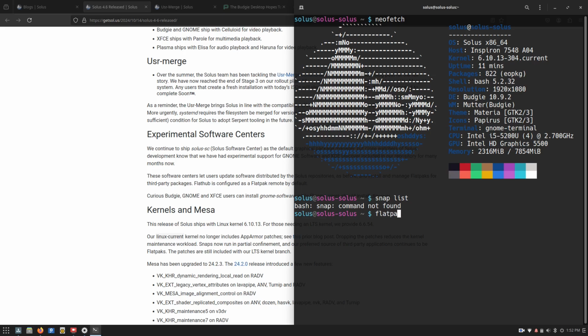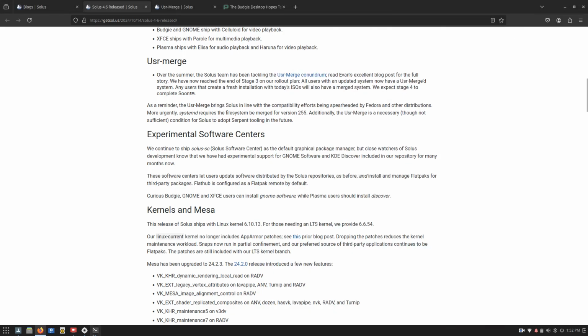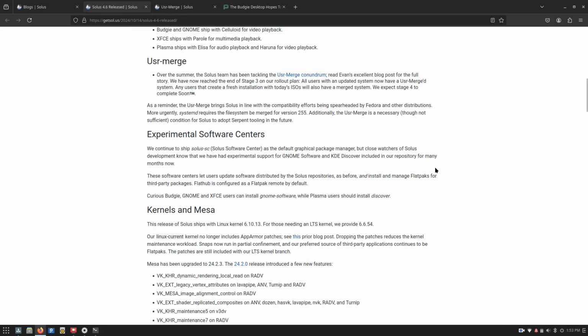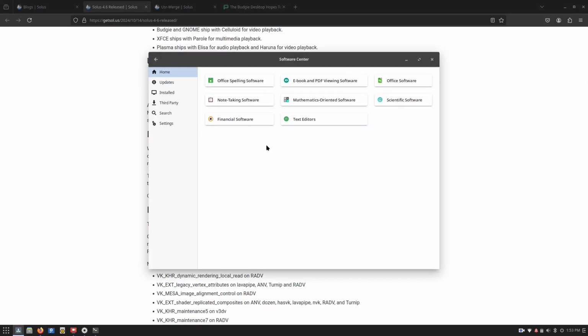But if we do a Flatpak, then Flatpak is installed, but they don't actually have any Flatpaks installed by default. However, if you do flatpak remotes, we do actually have the Flathub system already configured. So if you need to install something from Flathub, you don't have to install Flathub, just install the Flatpak how you would ordinarily. So the problem is that their original Solus software store does not manage Flatpaks, and rather than